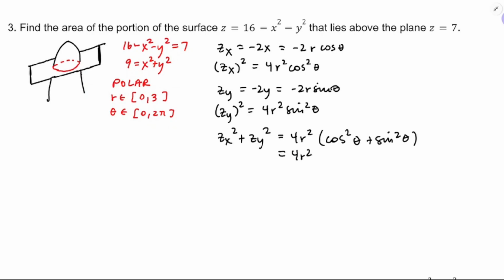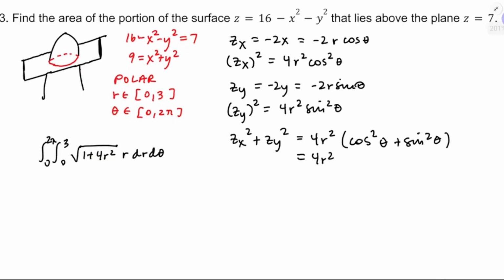Okay, so that will be something that we'll need to be ready to work with when we set up our integral. So it's going to be a double integral over some region. Now, we usually do r d theta, so that would be 0 to 3, 0 to 2 pi. Then there's going to be a square root of 1 plus zx squared plus zy squared, so that's 1 plus 4r squared. And then dA is r dr d theta. It's like, oh, this is perfect. Because what I could do,